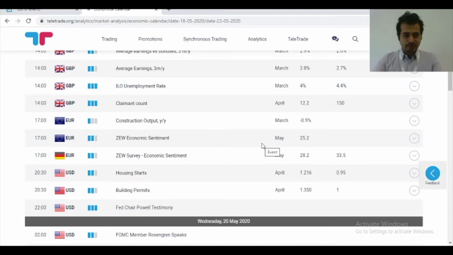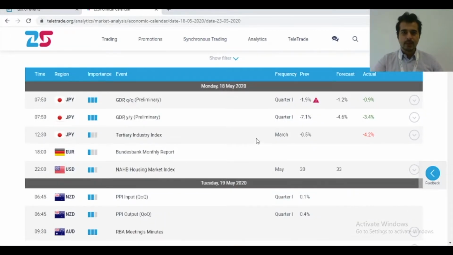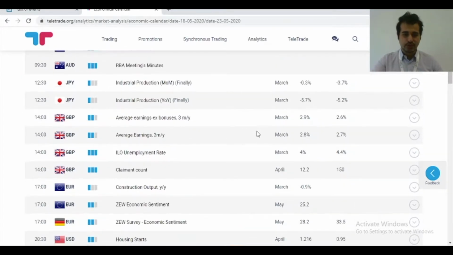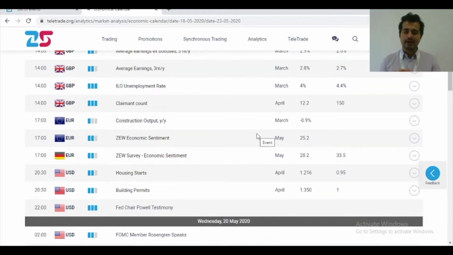Then we have got Fed Chair Powell testimony once again. I believe it will give a clue on the economic situation. Powell did mention that even though the economy is right now under deep pressure from COVID-19, it is not going to be a depression. Right, you see there's a difference there: there's a deep recession and there's a deep depression.